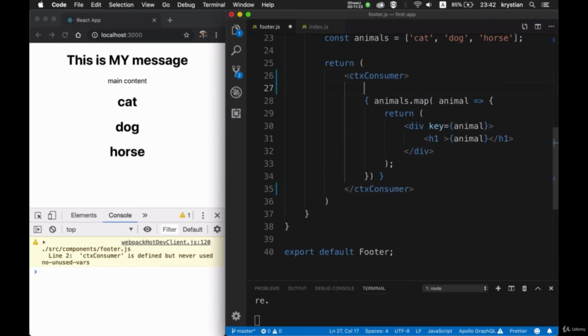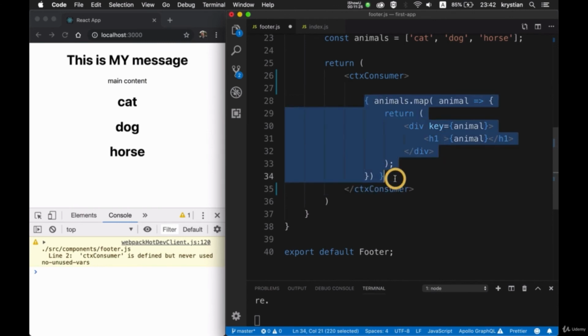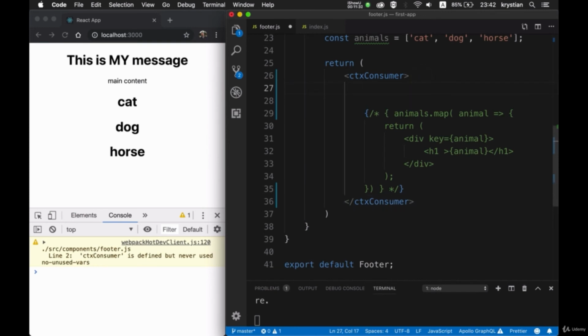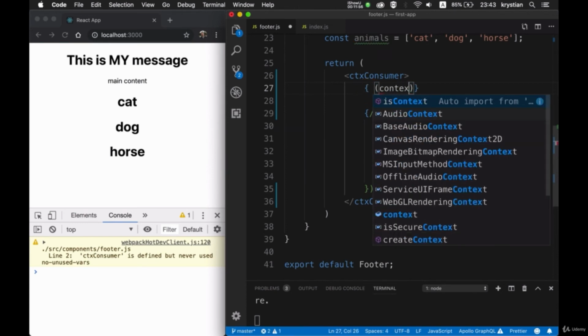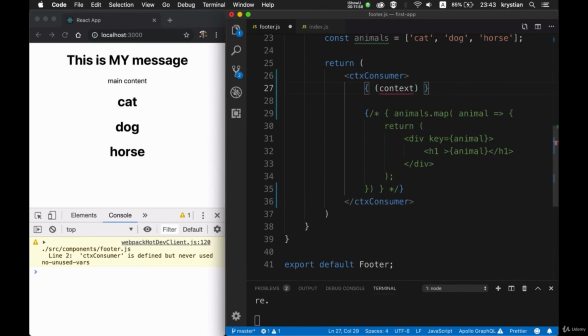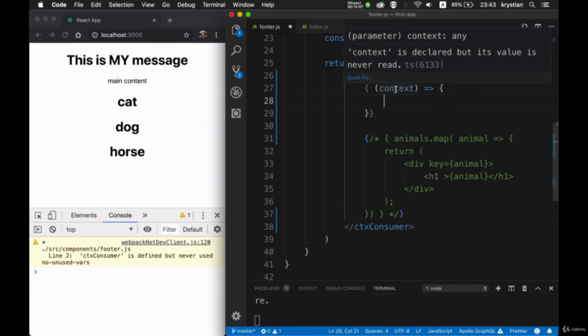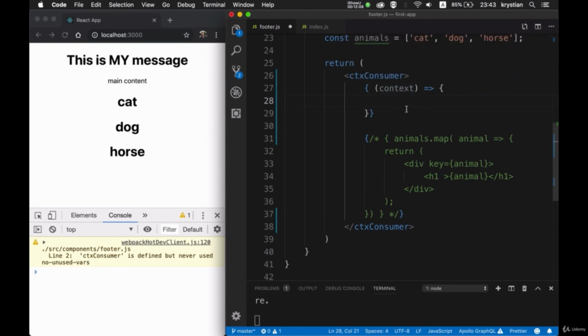And then what we need to do, at the moment I will just comment this out, not to confuse our code with whatever we had before. So what we need to do is we need to have curly brackets, and then it will be our function. So we'll have a context here, and then we'll use our arrow function here, and then I will have another curly brackets like that, and then inside that I have an access to my context,